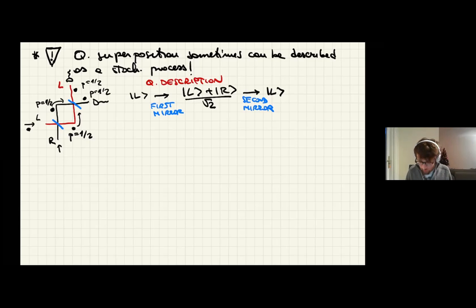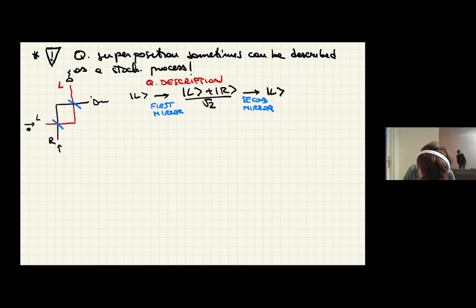However, this argument just tells you that this particular stochastic process doesn't work. And in fact, there are simple ways to define a stochastic process that does work. And one of them is the following. I'm not saying that this is what's happening. This is not at all what's happening. But in terms of our question, does there exist a way to describe this process stochastically or not? And one way